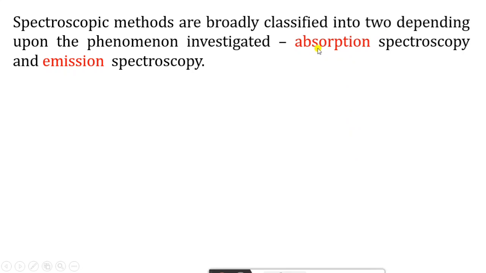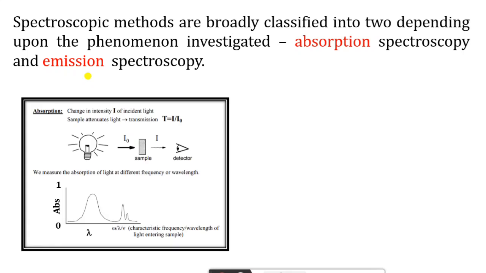One is known as absorption spectroscopy. The other one is emission spectroscopy. Absorption spectroscopy measures the intensity or amount of radiation absorbed by the molecule,